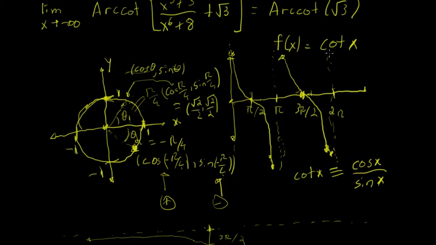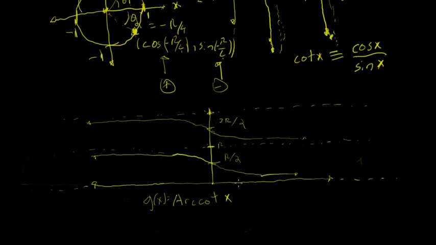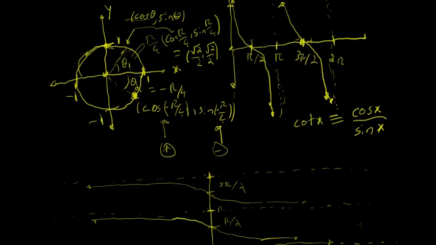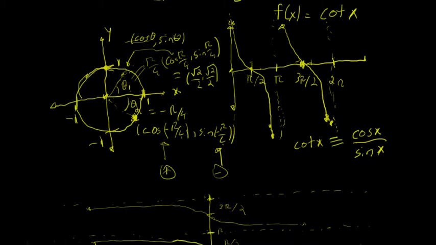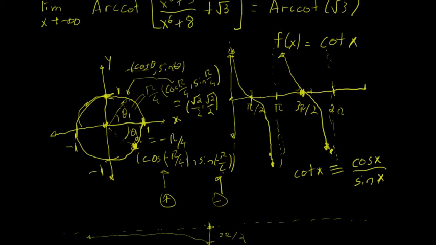So this is asking, what's the cotangent of the number I'm inputting? And this is asking, what is the angle that I have to input to get a particular cotangent? And you can see these are reverse processes,